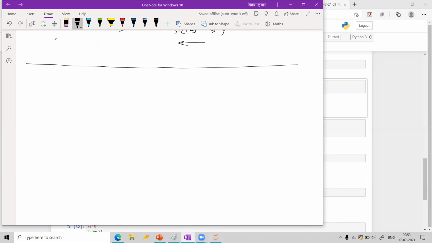In C language, when I wanted to go to a new line, we generally write \n.